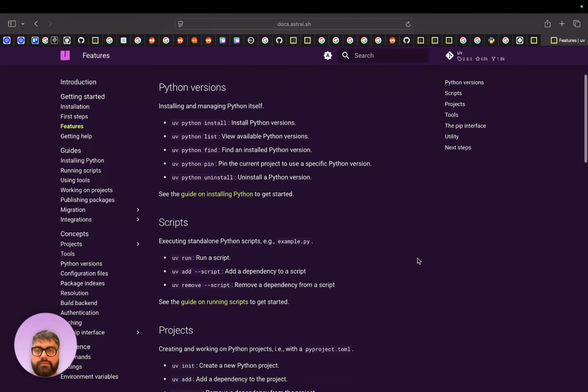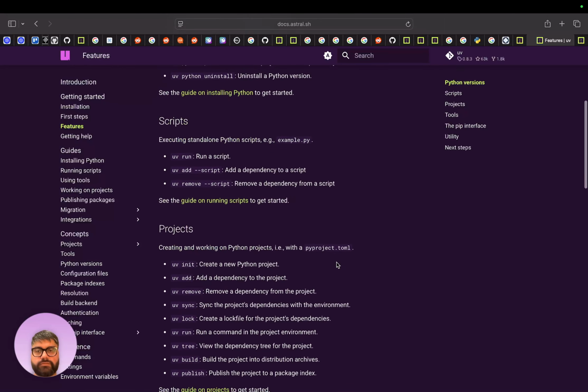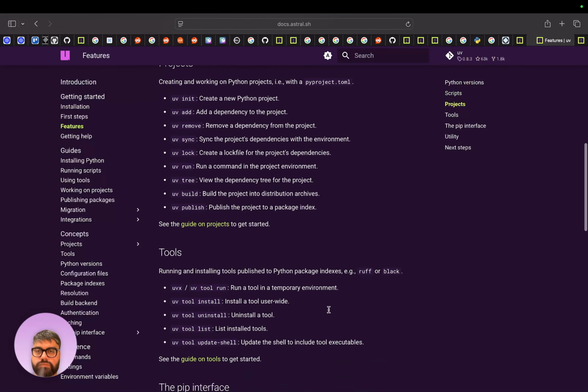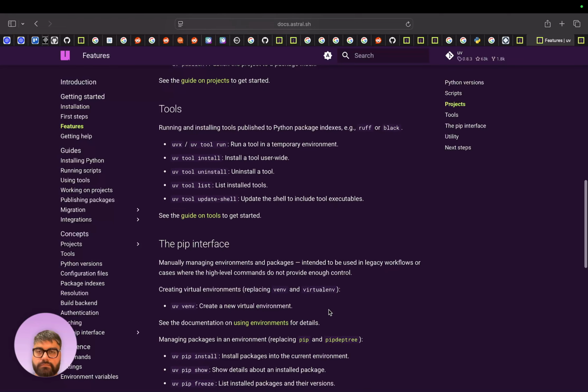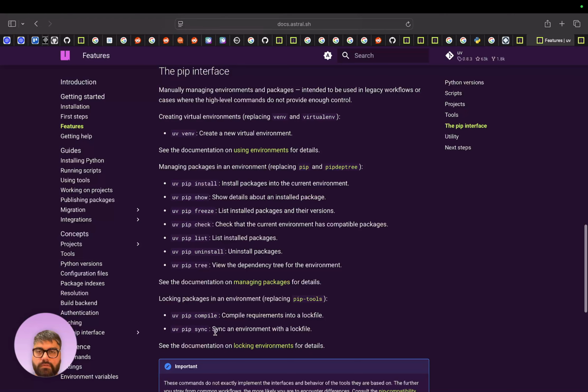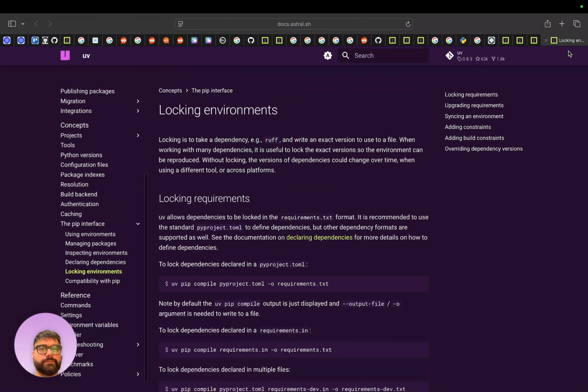In the current project to use. I don't know what they mean by scripts. So I think it just syncs with the.